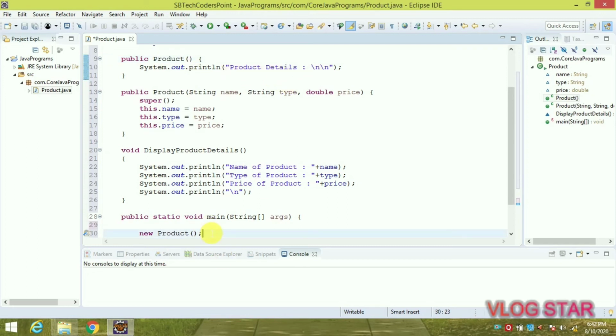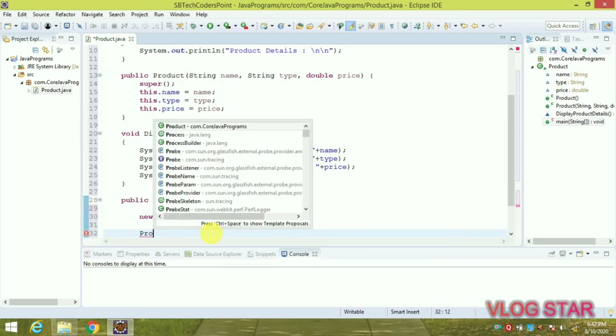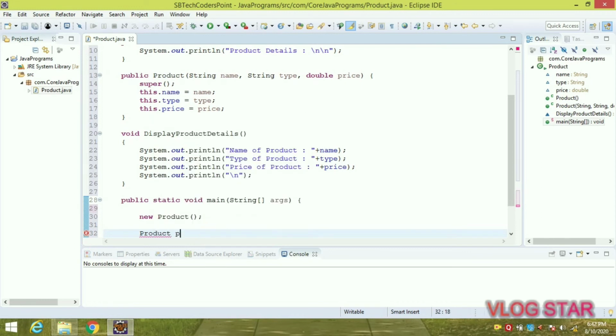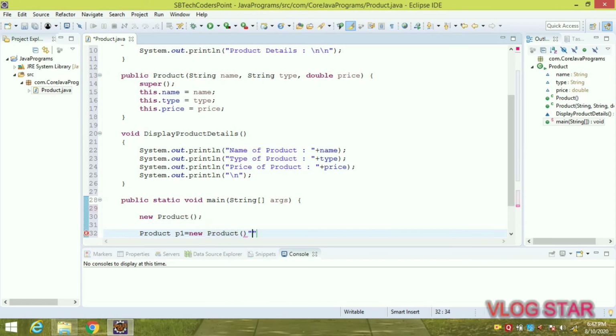Now after this we have to create an object of the Product class. So for creating an object, we need to take Product. Here we can give any name to the object. I am giving the name as p1 is equals to new. As we are creating a new object, we need to take new Product, and within this Product we have to give values to our parameters. So here we can see within this constructor, this is String name. So first we need to give the name of the product, then type and its price. And if it contains String as the type, we have to take it within double quotes.